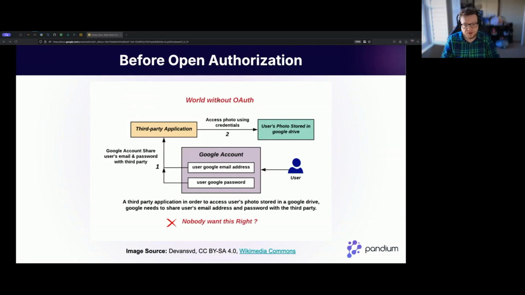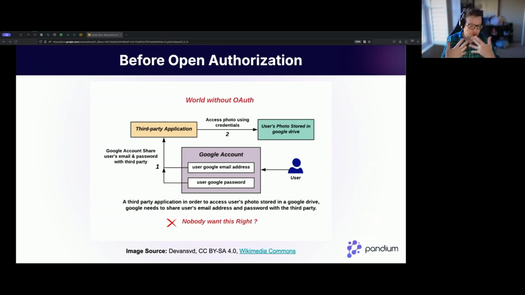So before open authorization, I'm showing a screen here with a diagram of what a user would do to share photos stored on Google Drive with some photo application. Back in the day, when this was probably a relevant example, that photo application was Flickr. Here you see the user has to supply their username and password for Google to Flickr.